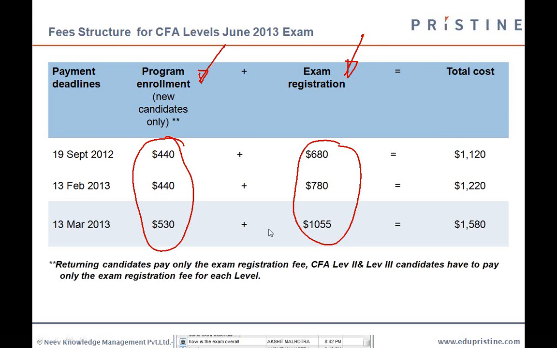And there are always one or two topics. Even though the notes are good because they give you a concise version, 10 pages in the CFA textbook is condensed into probably 1 page in the notes. But there are one or two concepts where I feel the notes have not done good justice to the concept, and that's where you should probably refer to either the CFA textbook or talk to a professional. But in general, the notes are good, though I won't use only them for passing the CFA exam.